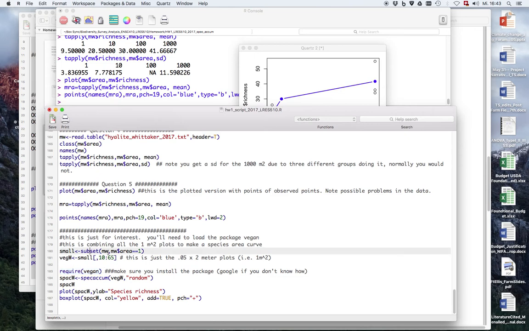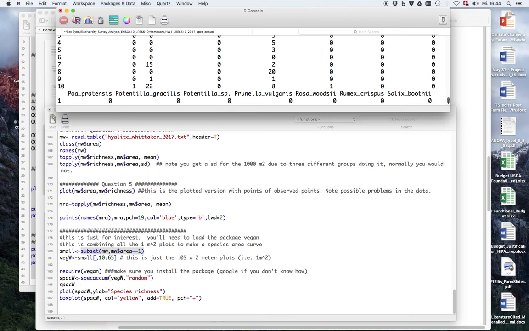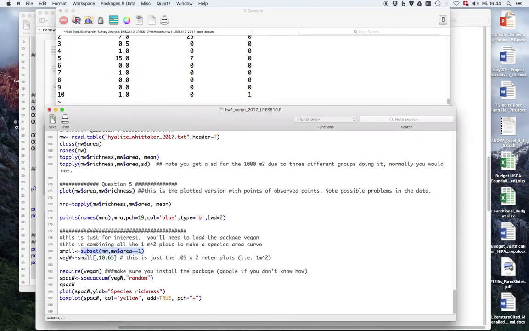And so I'm just going to subset out the small plots. You can do it in two ways. You could do it this way, where we say subset modified Whitaker by area, and we just want area equals 1. Or also we know that we can just go get that data. We can look at it real quick if we need to slide it up and inspect it. Oh, it's lots of species and columns. So really, we could take that out, or we could just take small 1 through 7